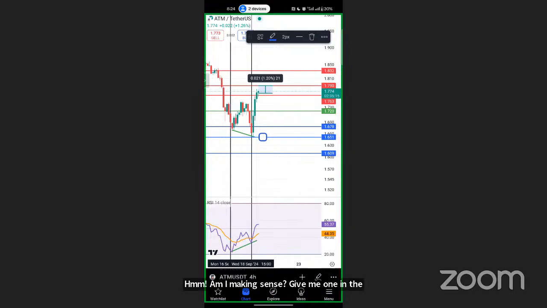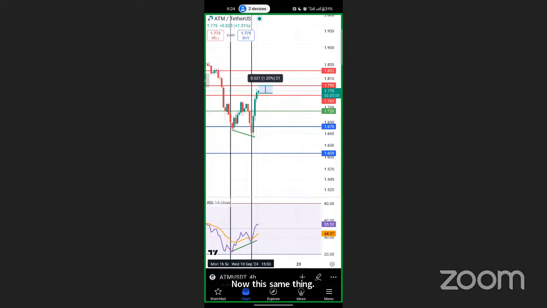Now, you are adding different areas. One, you are using the pivot point indicator to help you draw support and resistance. Now, this same thing is also